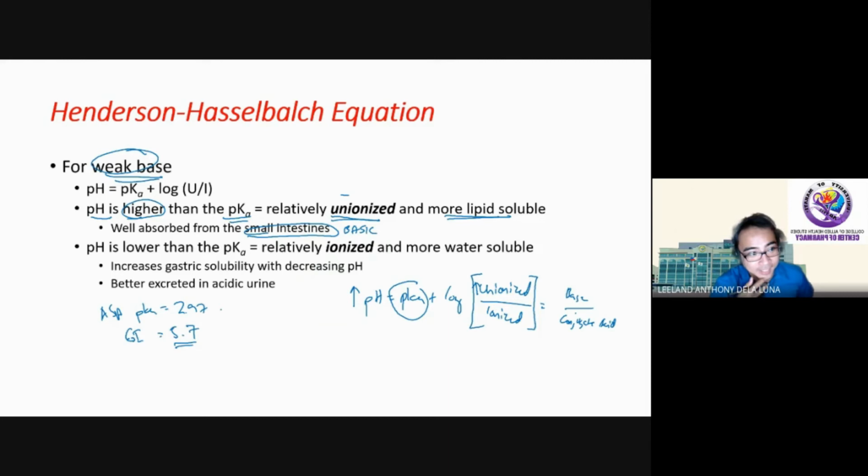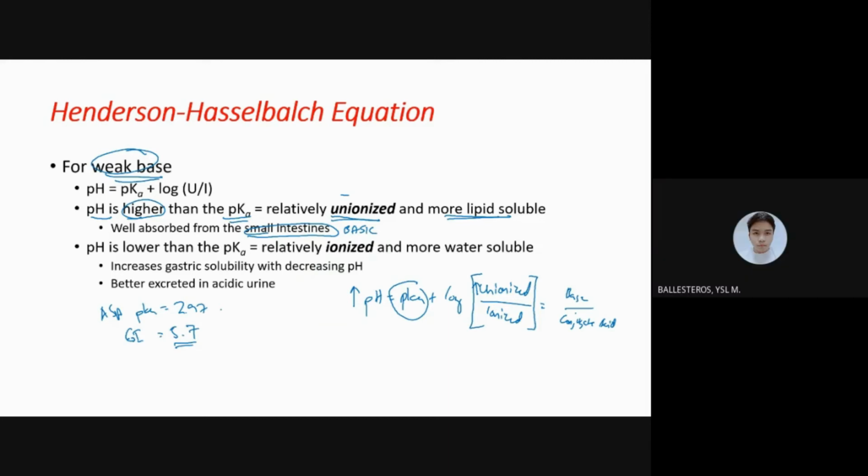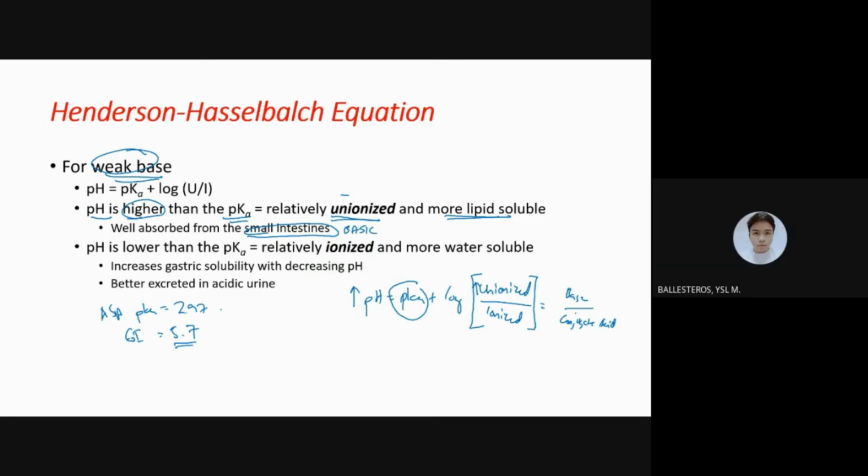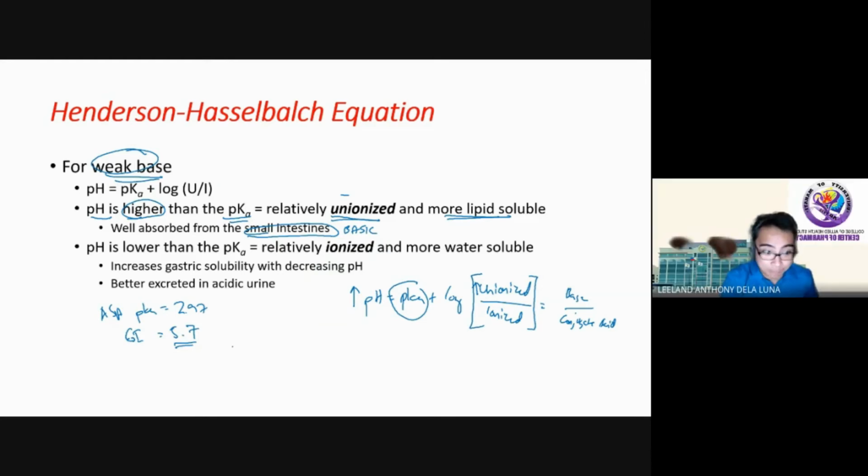Ionized or unionized? Ionized po. Unionized. May nagsabing unionized? May nagsabing ionized, Mr. Reyes? Ionized po, sir. Very good. Okay, class, if exposed here, it's mostly going to exist in its